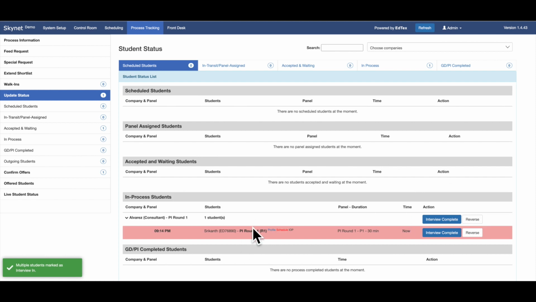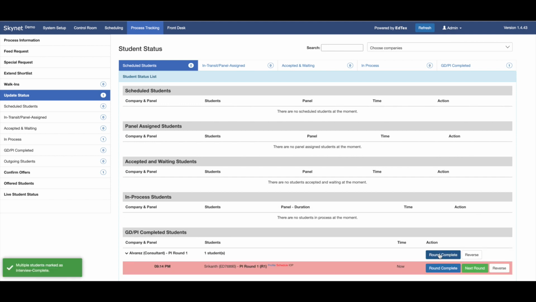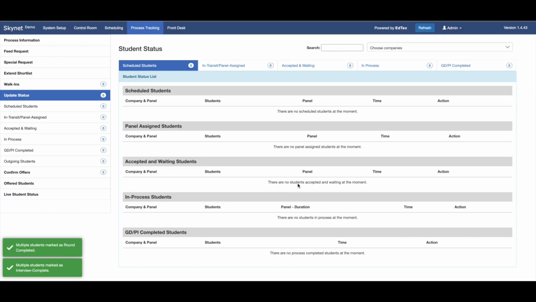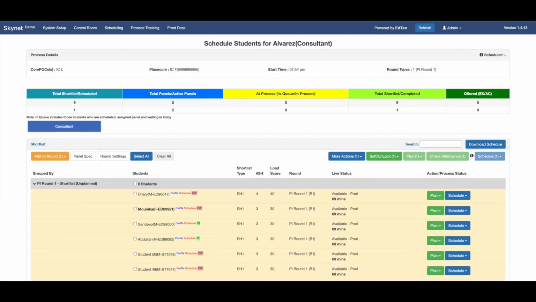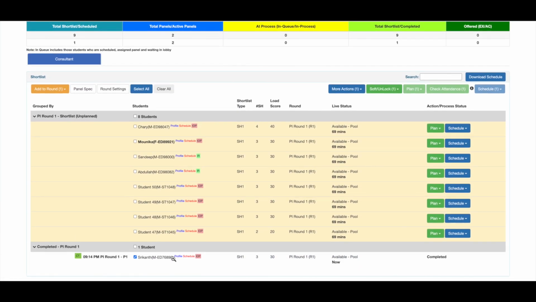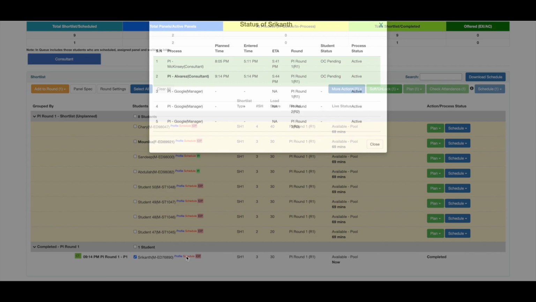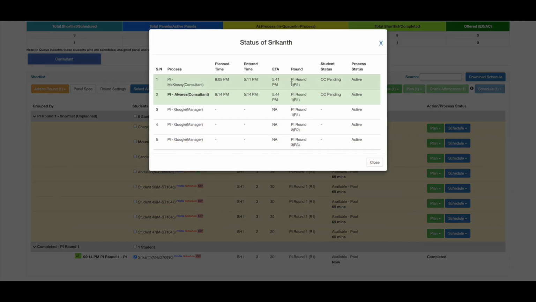Now they are giving the interview. Let us say the interview duration is 30 minutes. After 30 minutes, once the student comes back out of the interview process, they mark them as interview complete. If they don't have an immediate round 2, they are sent back to the common pool by marking them as round complete. So that's the entire state. If I go back to the Alvarez company over here again, Srikanth is over here, and if I look into their schedule, they have attended round 1 interviews with McKinsey and Alvarez,